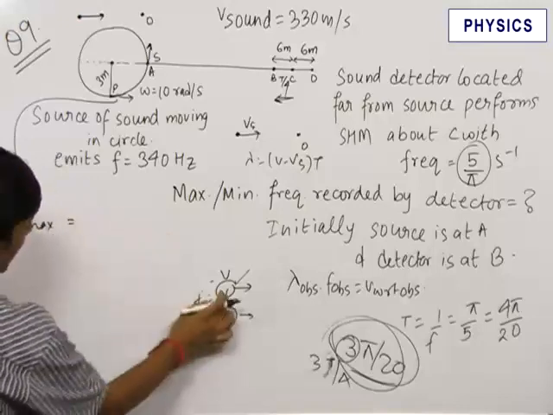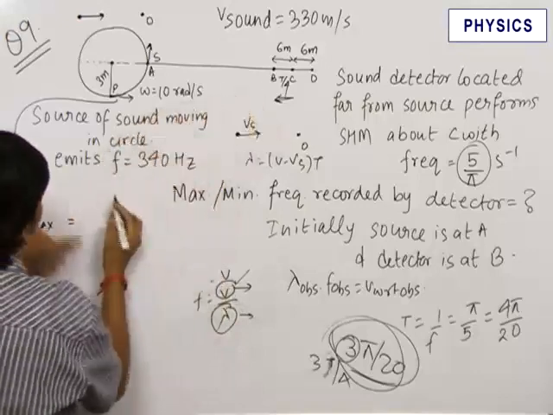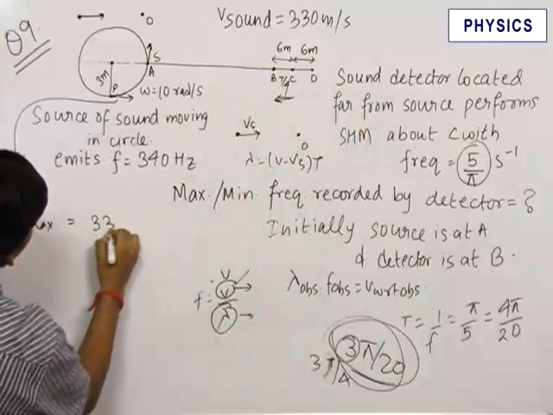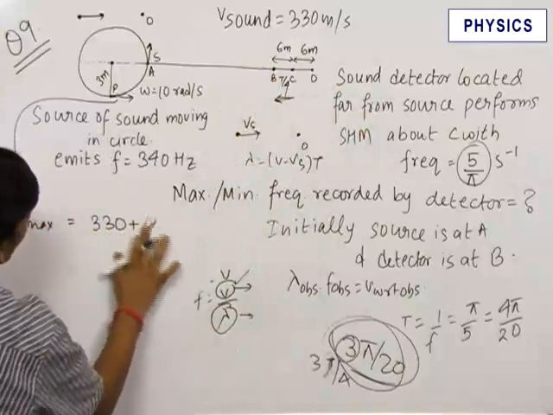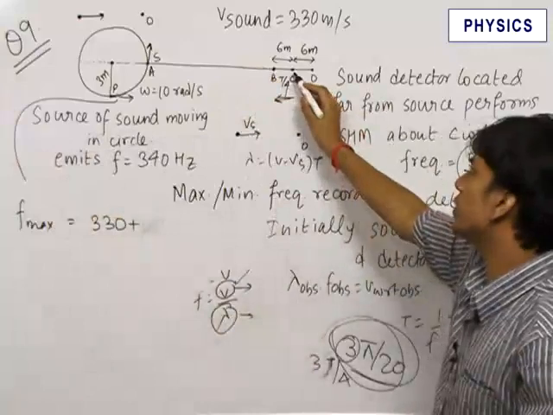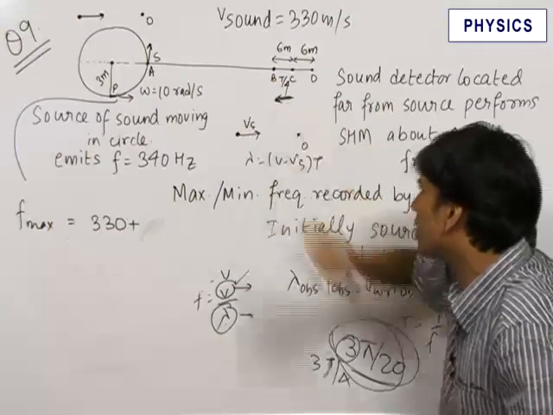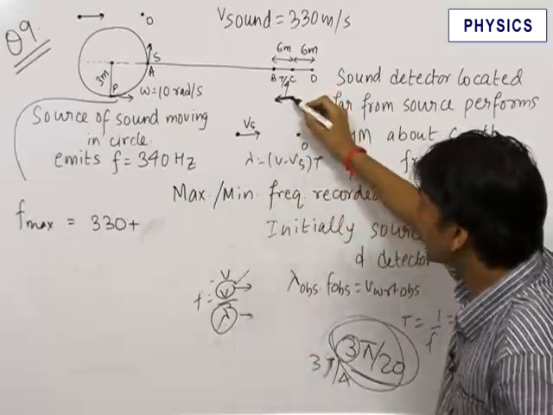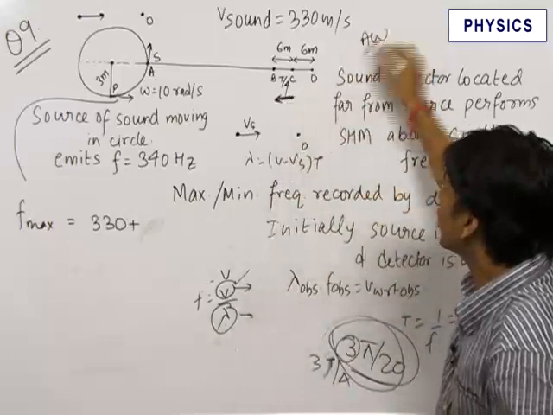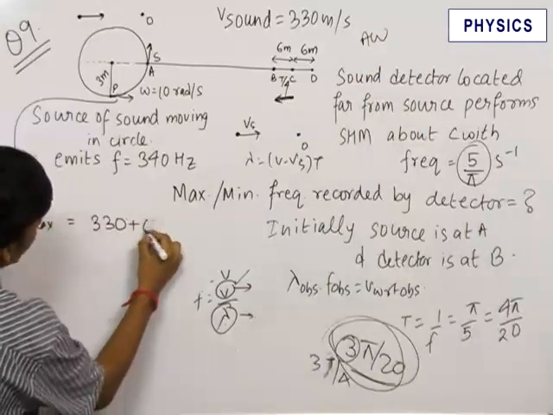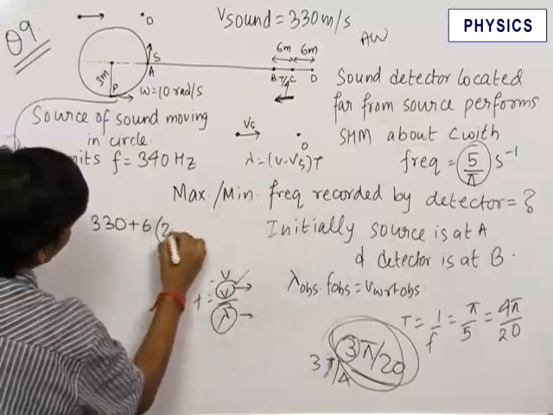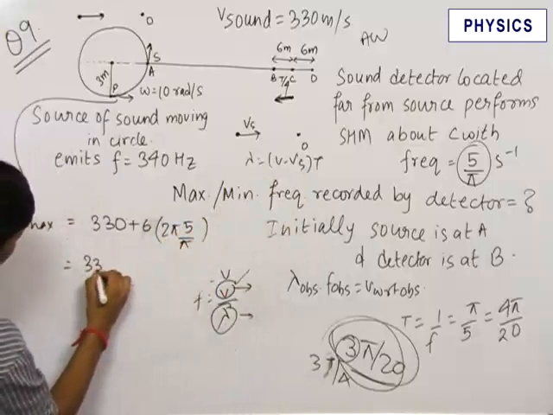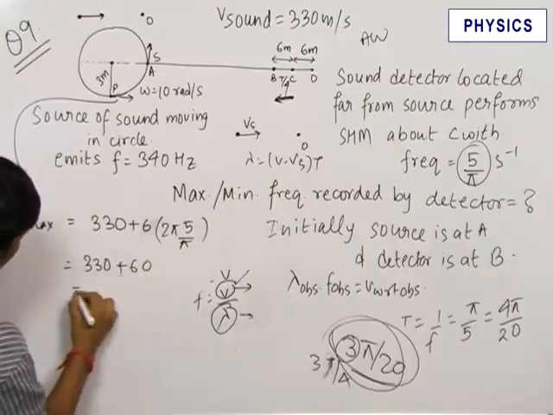can be written as velocity of sound with respect to observer at this point, that is equal to velocity of sound plus the velocity of observer, that is 330 plus a omega, because this particle is executing SHM and is at its equilibrium position, and the velocity of the observer is maximum at the equilibrium position, and that is equal to a omega. So this comes out to be equal to 6 into omega, that is 2 pi f, that is 2 pi into 5 by pi. This comes out to be equal to 330 plus 60, that is equal to 390